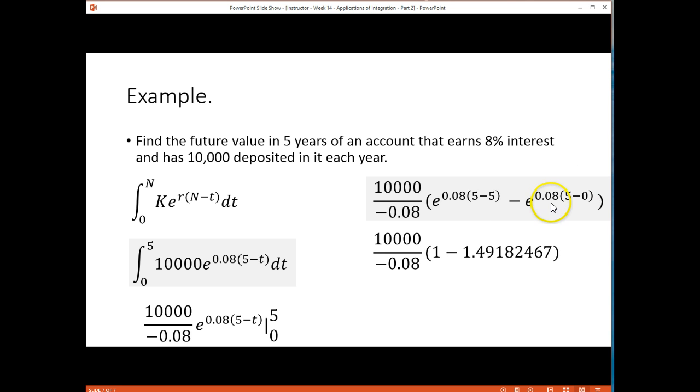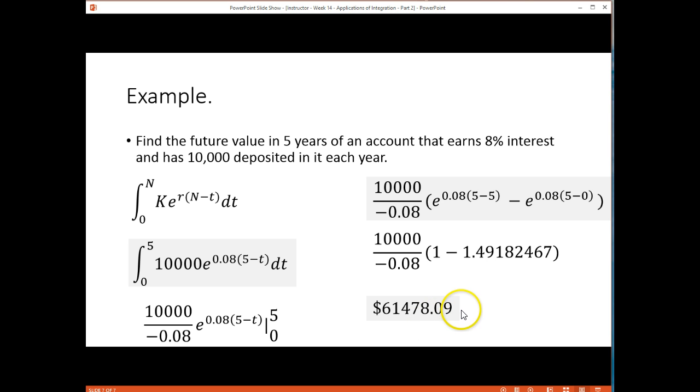And then I need to do this in my calculator. If you'll look, I have a lot of decimal places here. My suggestion is just to leave this in your calculator. Take this number, subtract 1 from it, and then multiply by 10,000 over 0.08. Notice I didn't say negative 0.08 because I flipped my subtraction here. I took this number, this was a positive number, I subtracted 1 from it. If you want to go ahead and make this negative and add 1, you're welcome to. And this is going to give you a value of